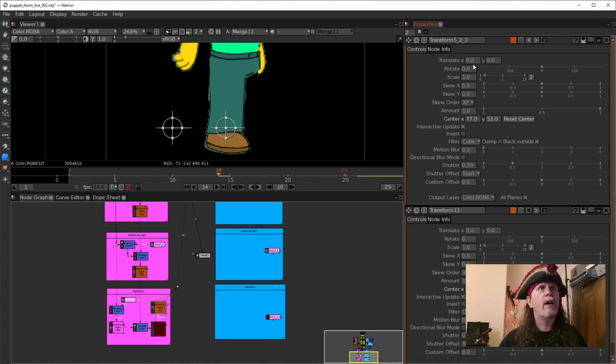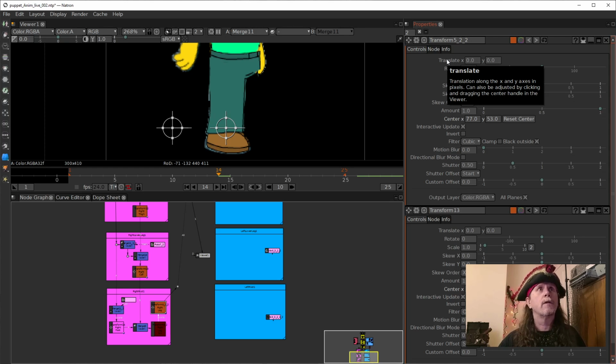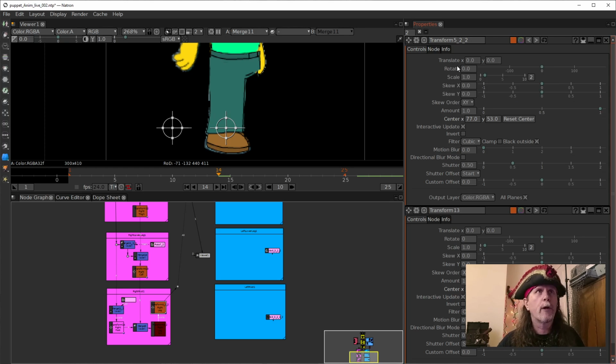We should never, ever animate the rotation of this particular thing. Unfortunately, as far as I know, we can't lock off attributes inside of Natron. You could, if you created custom controls, make them invisible, but we don't ever want to animate this. This is going to only